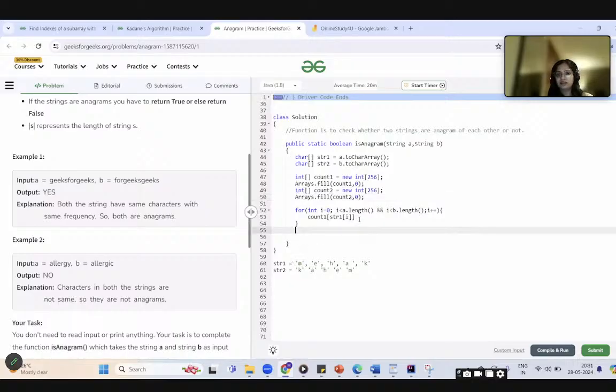So here I'm incrementing this count. Whenever, while traversing through this character array, I find M, I am incrementing it from 0 to 1. Whenever I get E, I am incrementing it from 0 to 1. So for example, the Unicode value of small a is 97. So the array at index 97, like this thing, I'll say count one of, this will become